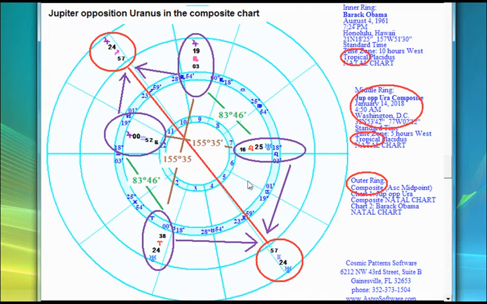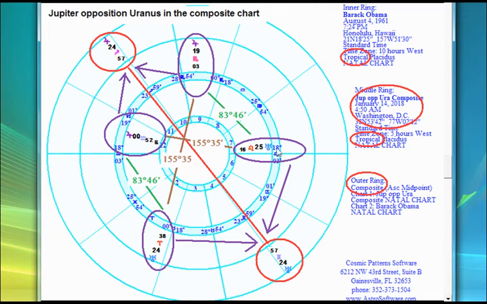And then the other thing that goes on, this is where I want to talk about phase angle, is the natal Jupiter-Uranus angle is 155 degrees 35 minutes. And the transit, this is the second ring, and I'm going to the second ring again, the transiting Jupiter-Uranus is also 155 degrees 35 minutes. But notice, in the transit, if I go counterclockwise, Uranus is ahead of Jupiter, and in the natal,